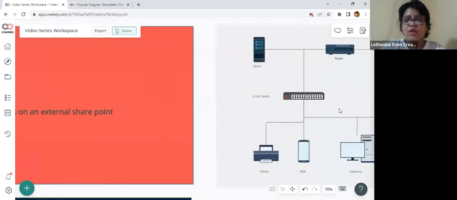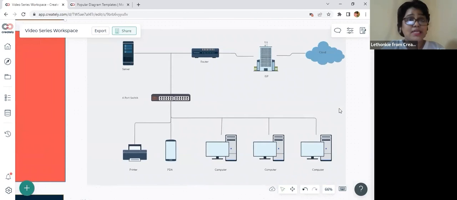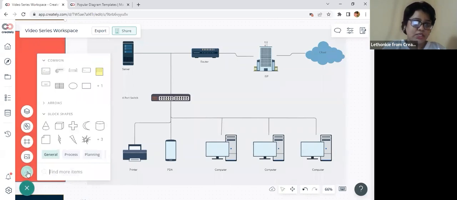And here we also have a very basic network diagram. Okay, for those of you from the IT industry, I just wanted to show you how easy it is to create a network diagram of the most basic state. So these are some of the shapes, or these are some of the images that I'm sure you work with. But if you do need an additional set of images that you don't see on this diagram, all you've got to do is go into the shape section, and when you type in network,